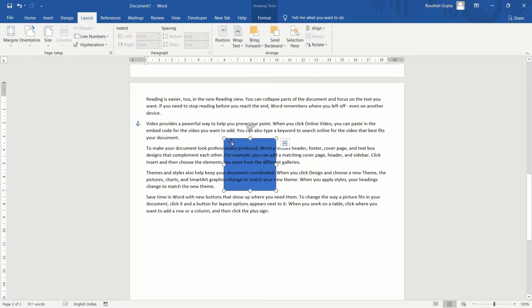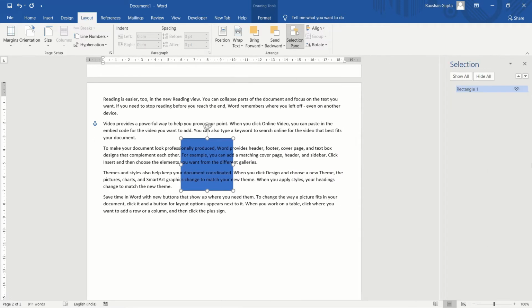For example, if you want to make this object forward and the text back, then you can select it from here. For example, there is bring in front of text. Whenever you click it, the shape will be on top of the text. You can see the text has gone back and the shape or the object has come forward. Same way you can send it backward, behind the text, and it will move back.